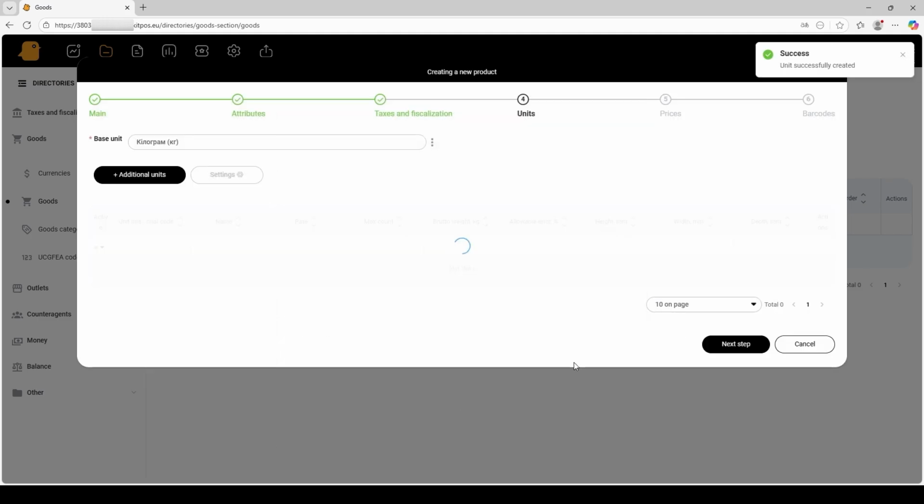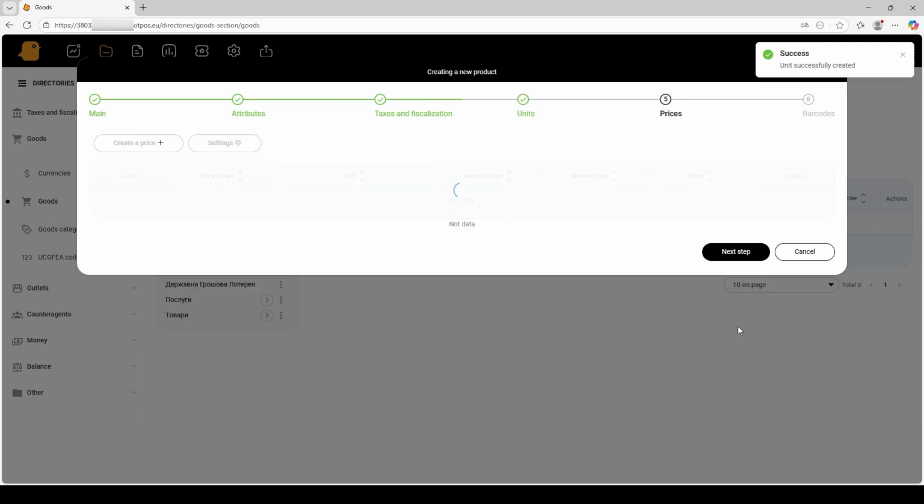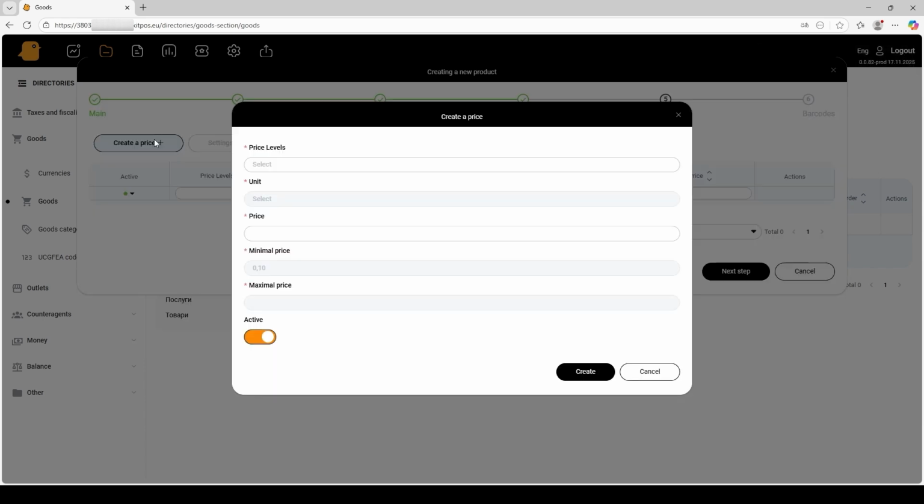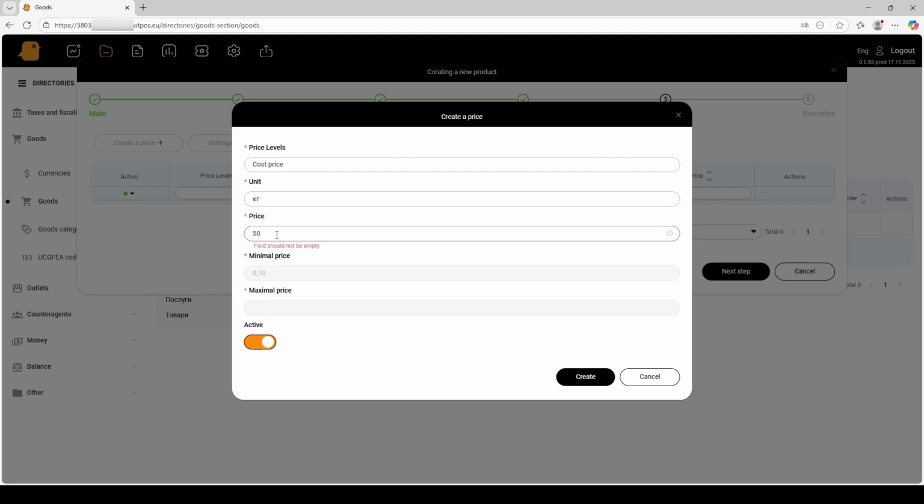Now let's move on to setting the prices for the item. Click the Create Price Plus button. We select one or more price levels that were created earlier, for example, retail or wholesale. Next, we select the appropriate unit of measurement. We specify the main price, and if the open price option was activated, then also the minimum and maximum price,